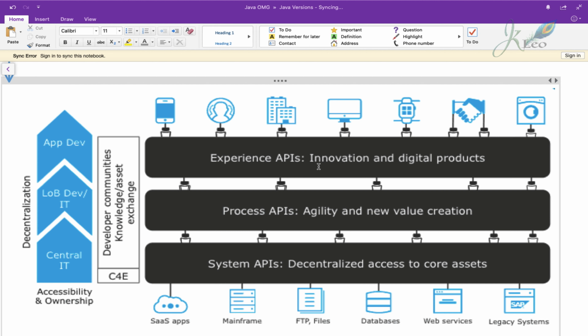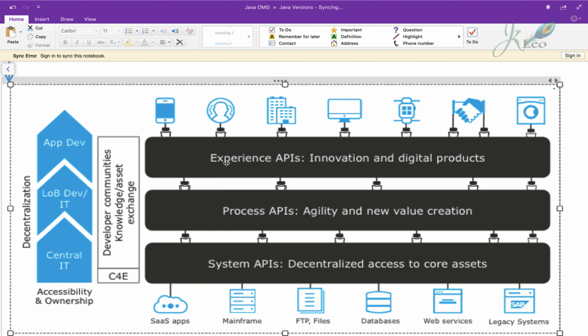There you see a mobile, a user's organization, TV, watch, or any communication, or it could be a simple device like a washing machine or oven, and many other things. These are the exposed APIs, so they are called experience APIs. Innovation and digital products will be using these experience APIs. And the process APIs, agility and new value creation: generally, process APIs are used to implement the business logic and